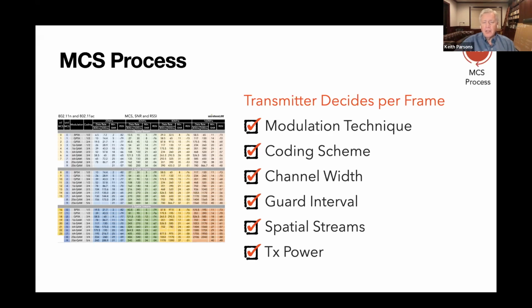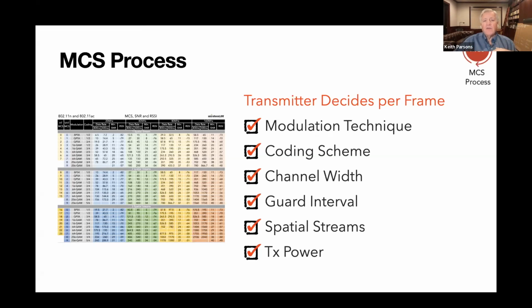Obviously, the transmitter isn't a human, it's an algorithm. And so the manufacturers of the chipsets and the software, the firmware that sits around the chipset, will use data that it's collected from its previous attempts to choose the best MCS it can. The reason I love MCS as a data piece